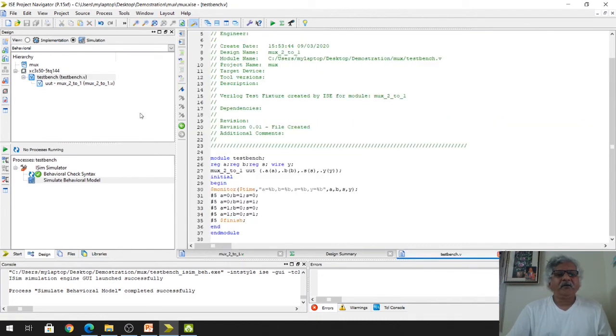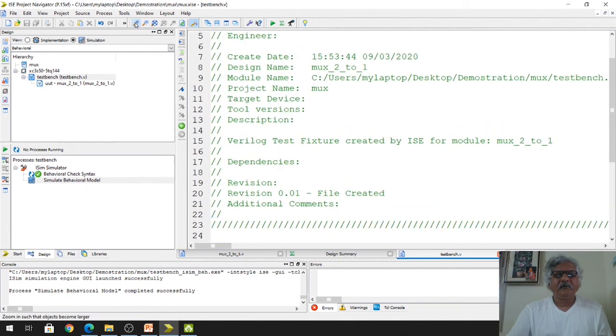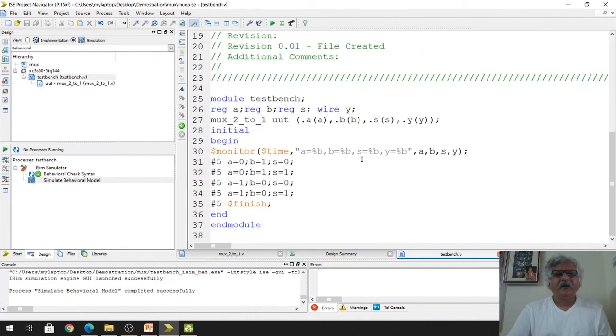Then this is the code of the test bench: reg A, reg B, reg S, wire Y, and various values which I am assigning to A, B and S are 0, 1, 0, 0, 1, 1, 1, 0, 0, 1, 0, 1, right? Now I will run this simulation.